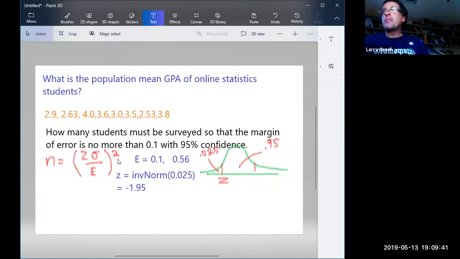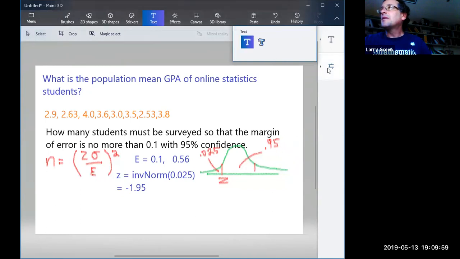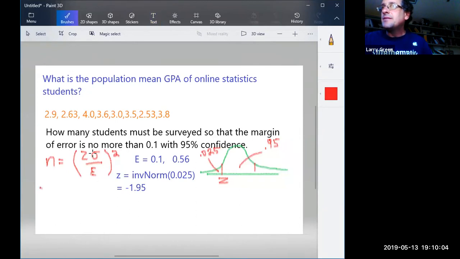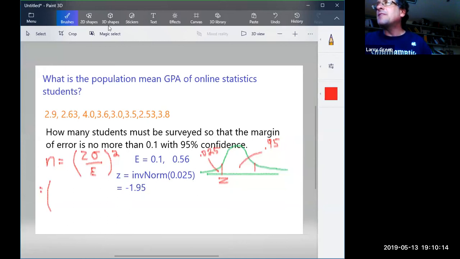Okay. This square, by the way, if you take a square root of both sides, you'll see a root n. That was the denominator with the central limit theorem. It all comes from old stuff. Okay, now you just plug it into our calculator. So we can say that's equal. Because I'm squaring it, I don't need the negative, because negative squared is positive. 1.95. Oh, it should be 1.96. Sorry about that.